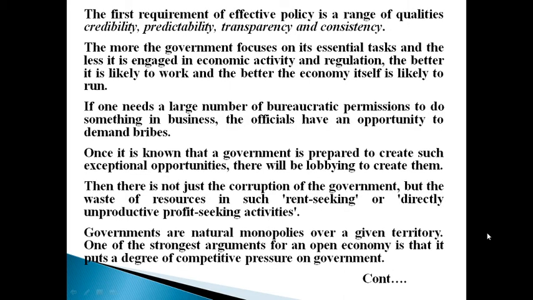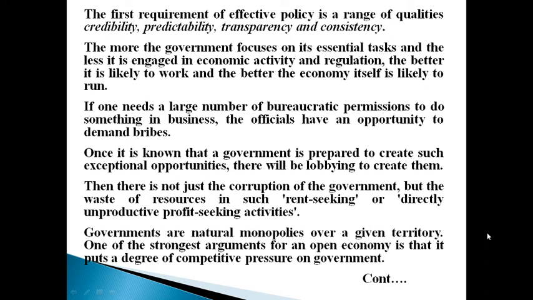The first requirement of effective policy is a range of qualities: credibility, predictability, transparency, and consistency. The more government focuses on its essential task and the less it is engaged in economic activity and regulations, the better it is likely to work and the better the economy itself is likely to run.